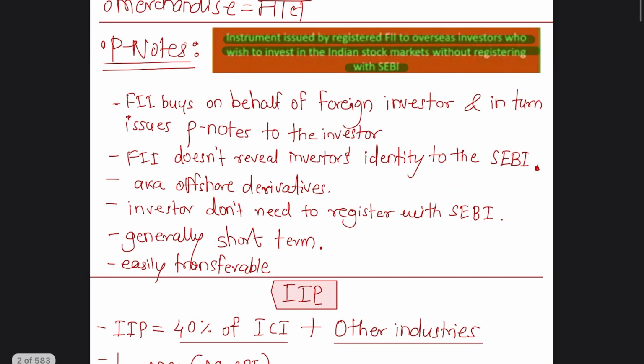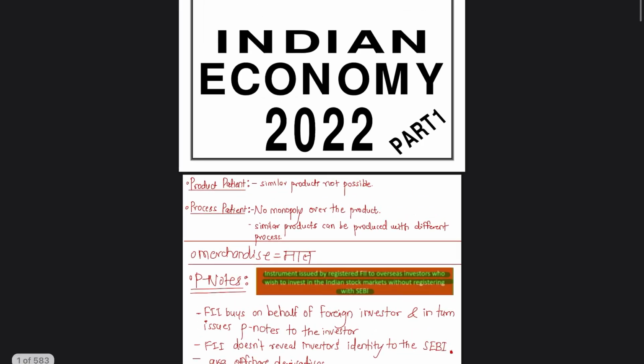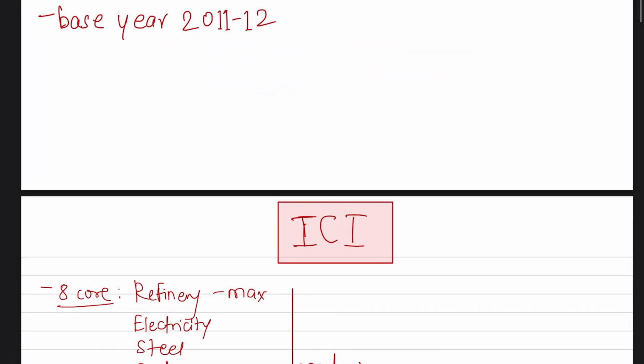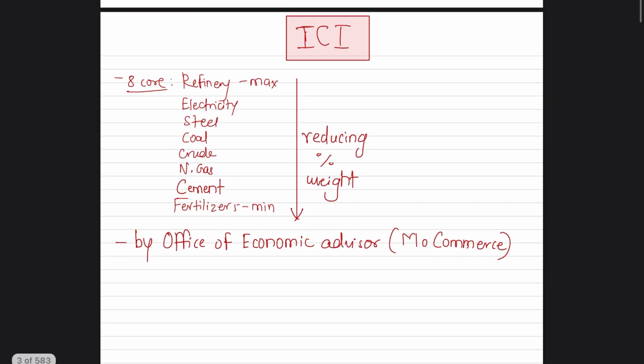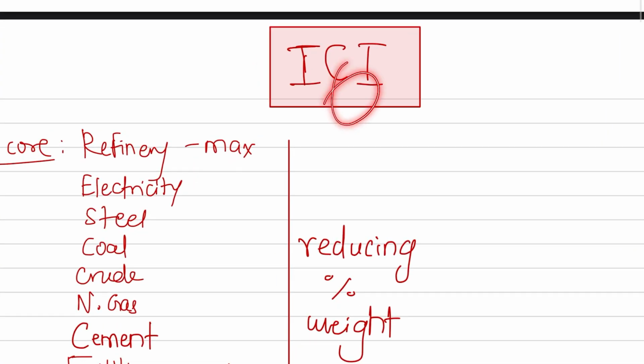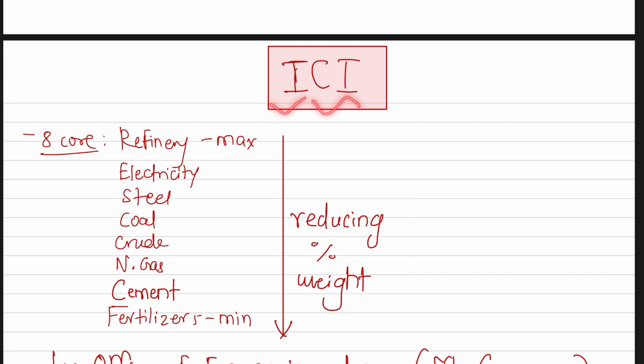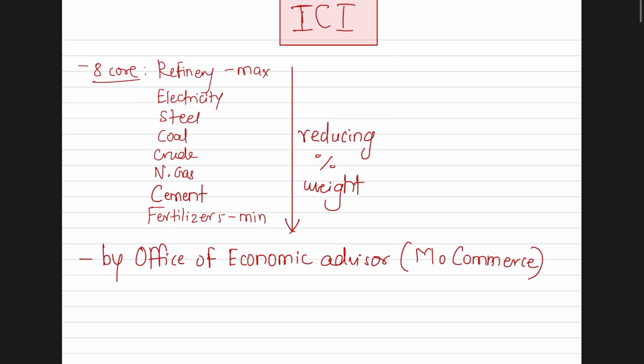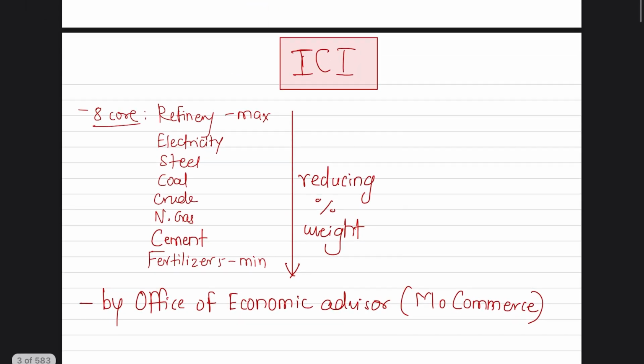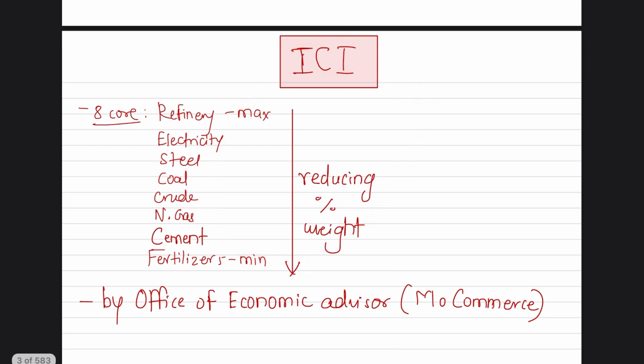So for instance, I don't know how it is even possible, but this is a very comprehensive booklet suggested by many toppers. Despite it being so comprehensive, it does not have a mention of the ICI, right? The Index of Core Industries. This is a very important index for understanding the health of the manufacturing sector in India, and this was not mentioned, right? So I had to add this on my own using some research. That's why this page you can see, I have manually added this page.